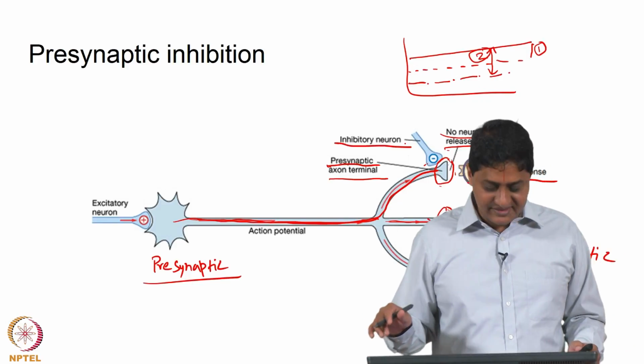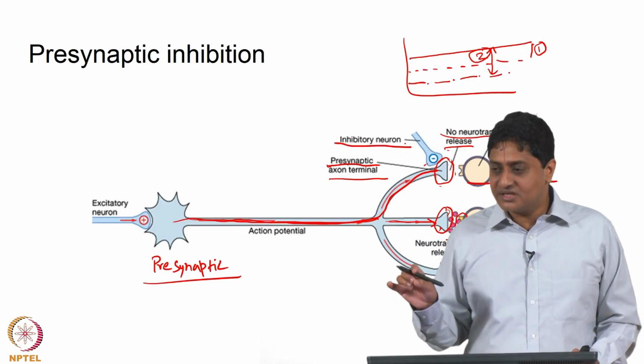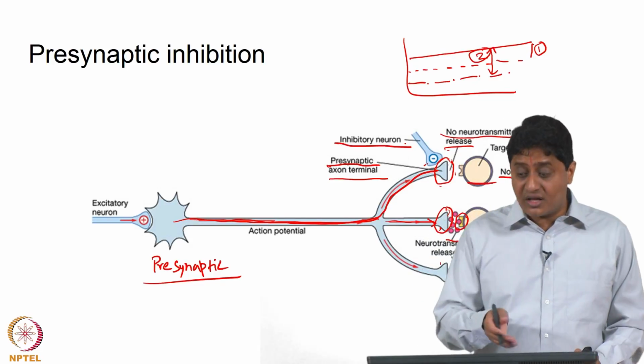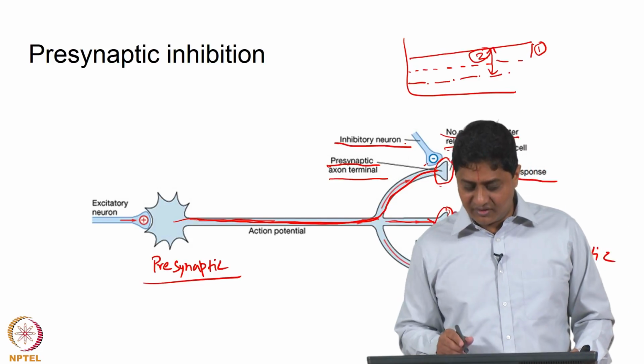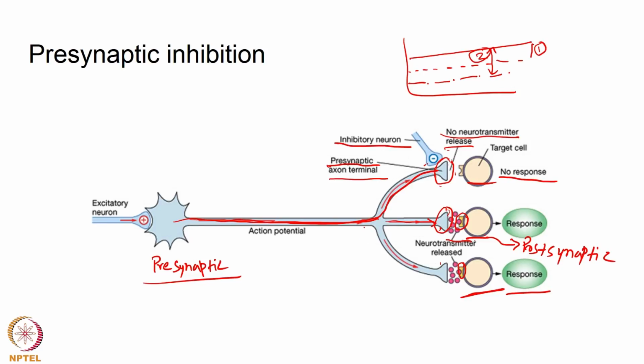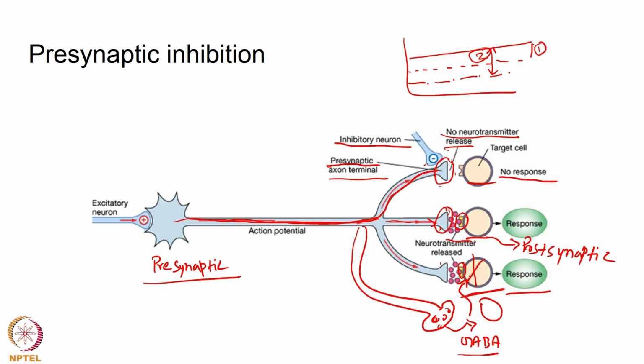So, it is a very special case of inhibition. By the way, what is not discussed is that this could also have another branch, say for example here, that is going to release an inhibitory neurotransmitter like GABA, that causes an inhibition. This is postsynaptic inhibition. This is a chemical that is inhibiting this cell, or maybe travels to these cells and inhibits these cells. That is possible, and that is postsynaptic inhibition.